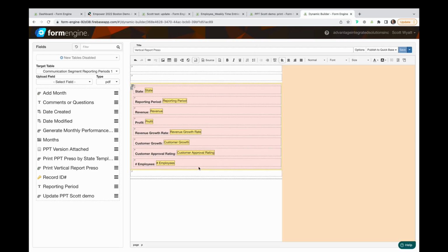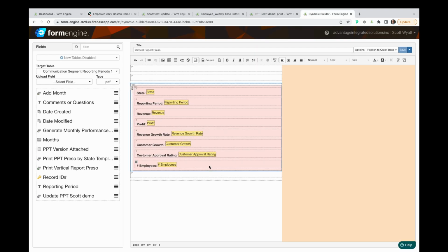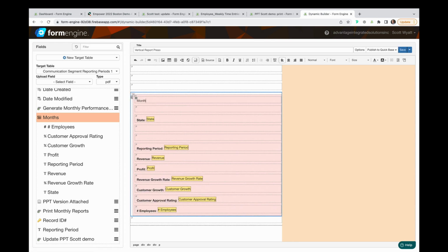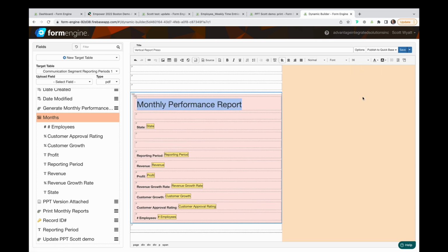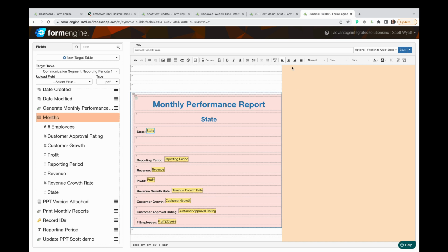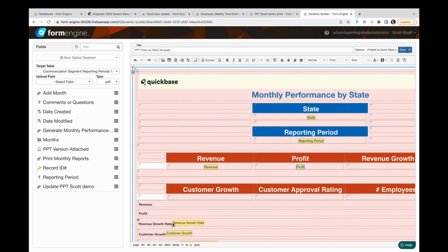That's a start, but we want 1 record per page or slide. The vertical report orientation also explodes the fields and their labels out individually, so you can place, format, and work with them on a free-form basis. Now we can add labels, formatting, and move the elements around however we want to produce the custom report or presentation format. So fast forwarding, I built this format with the same embedded report,